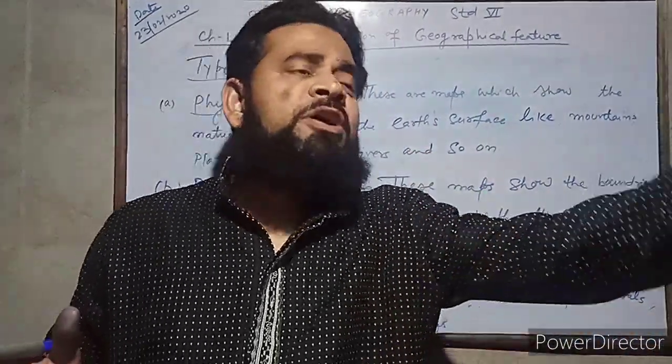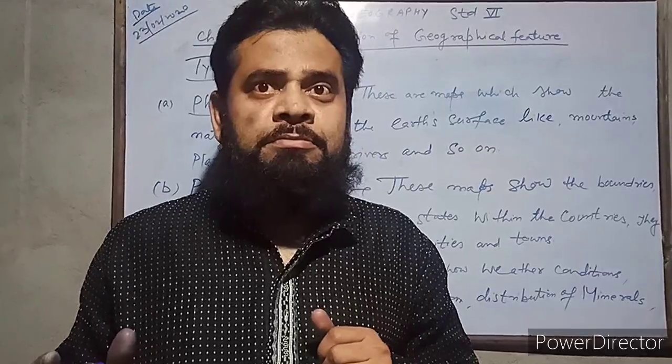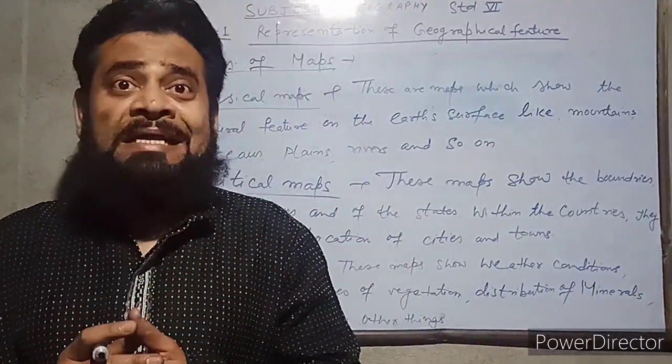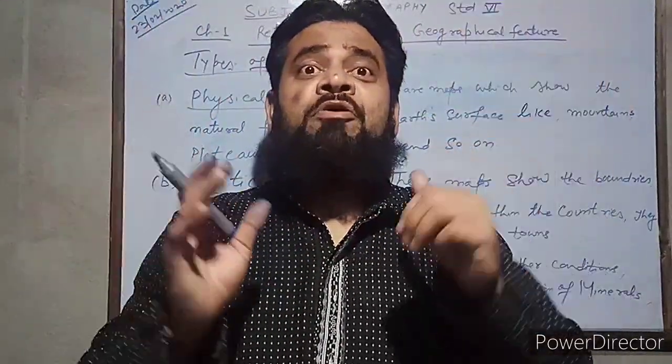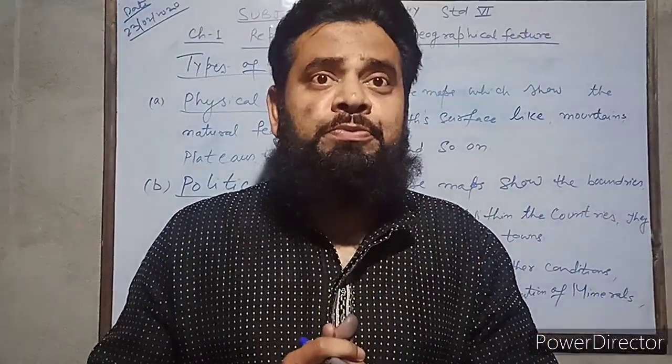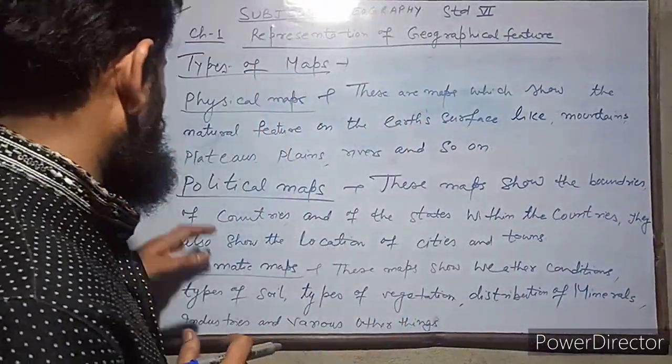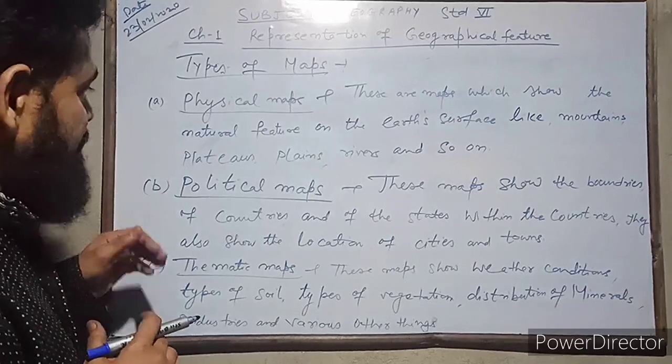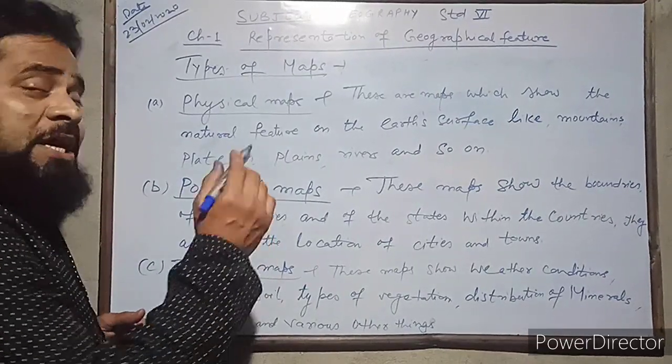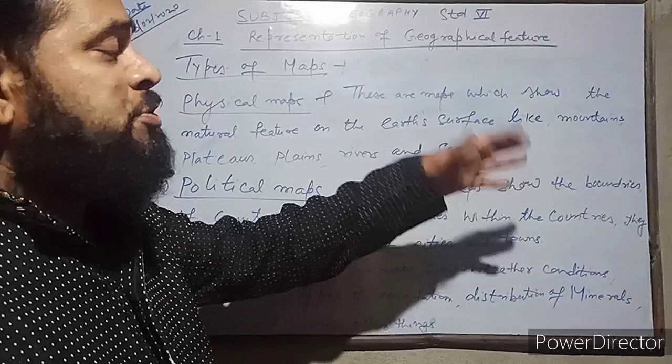We can also see the Bay of Bengal, the edges of the country, the three sides on the physical map of India, and the Arabian Sea also. Now we will discuss political maps. Second point, political maps. These maps show the boundaries